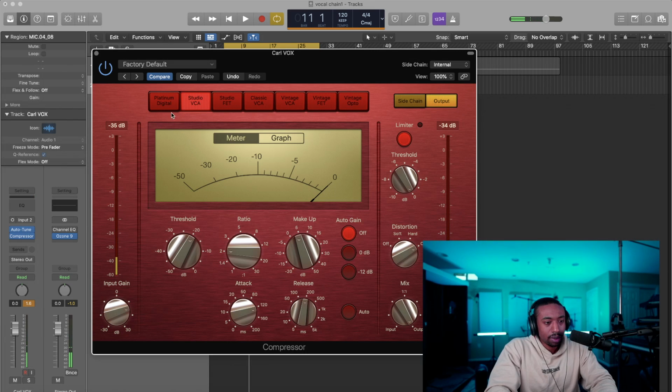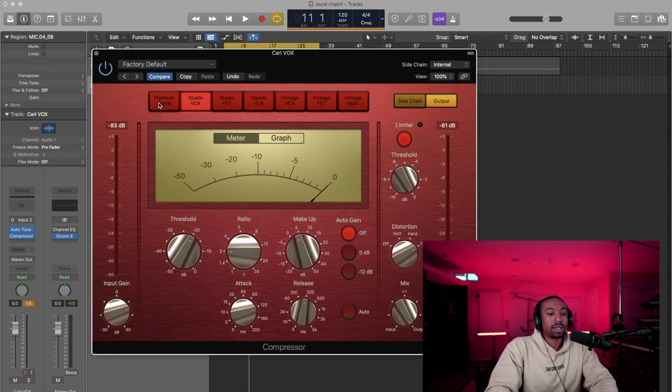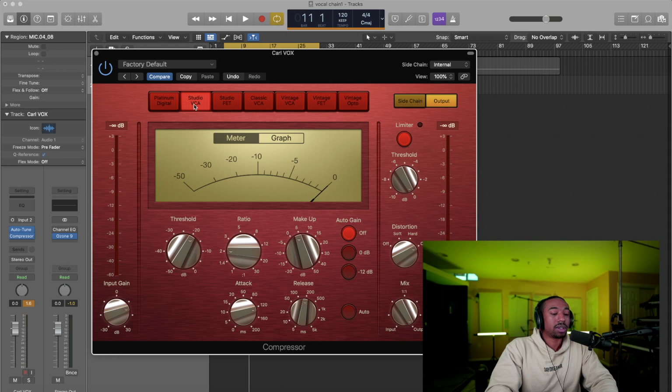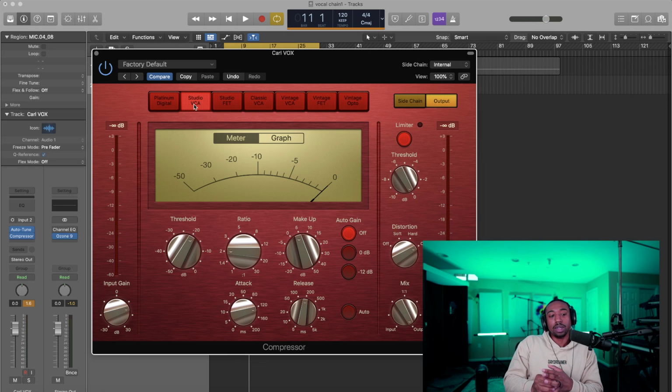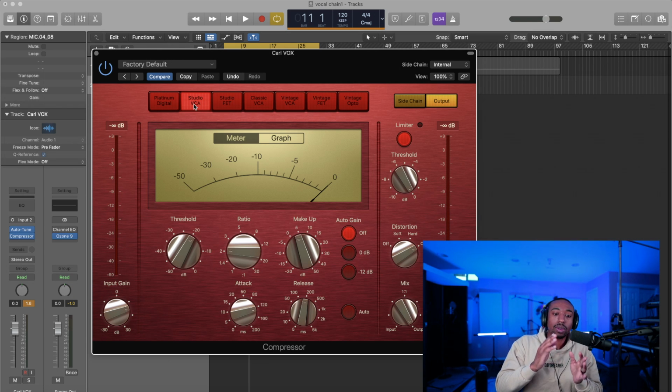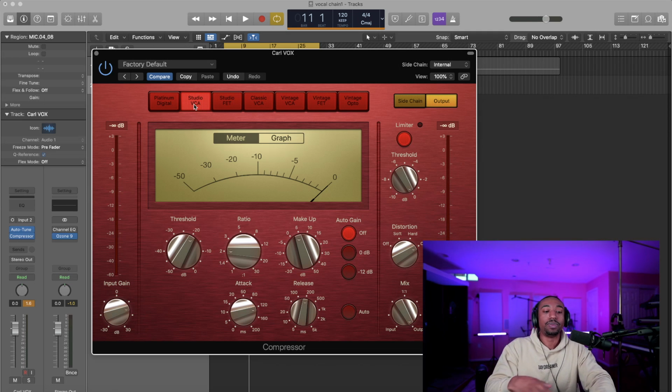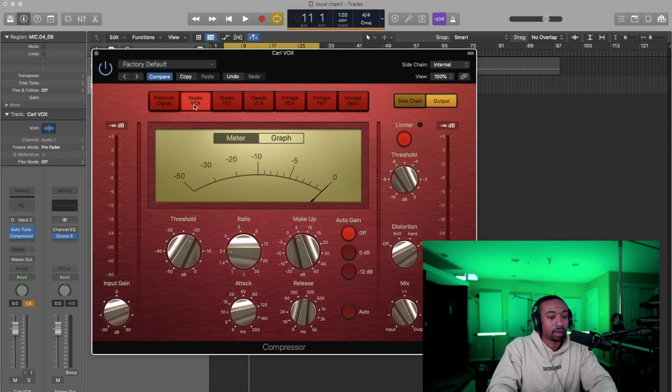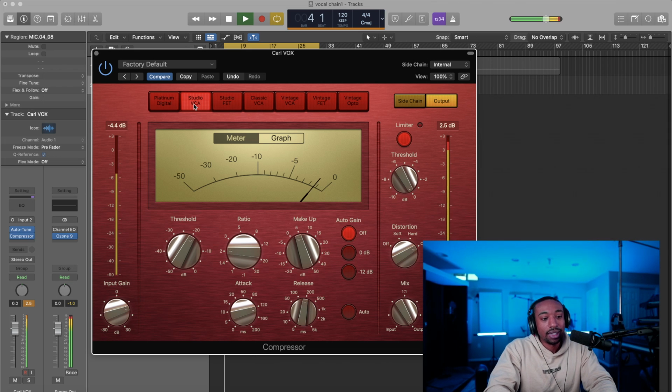Let's switch to compressor types. Now, I'm not sure if it keeps our settings or not. I think it does. Okay, so it keeps our settings. So this here is the VCA compressor. There are different types of compressors. Some mixing engineers will give you the purpose per type. In this case, I'm just going to tell you to listen to the tone. Listen to how the compressor works. Do you like it? Do you not like it?